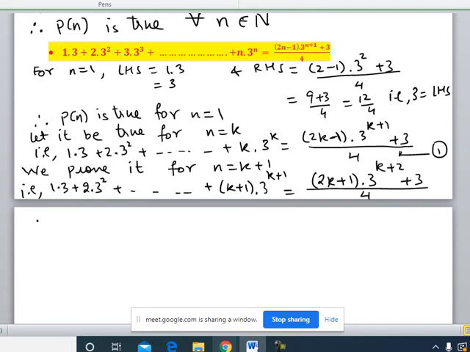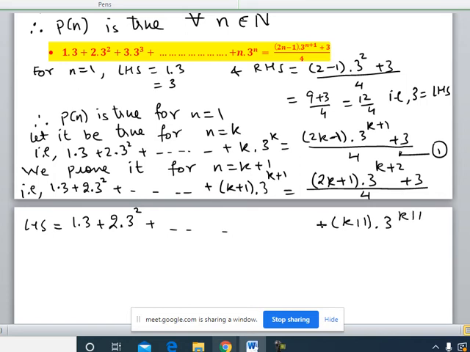So again, starting from the left hand side, let us write all the terms of the series. First term 1 into 3, second 2 into square of 3, and so on. Please don't confuse that this is a decimal. Okay, it is multiplication. You will get an idea from the second term itself. It is square of 3. So you can quickly understand this is not a decimal but multiplication. Okay, so see the last term. The last term is k plus 1 into 3 to the power k plus 1.